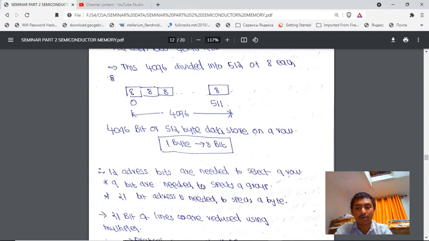If you want to specify a byte, we need the row address and the column address, so 12 here and 9 here.